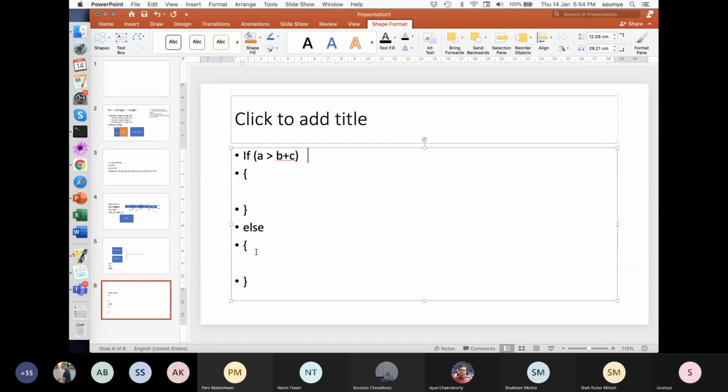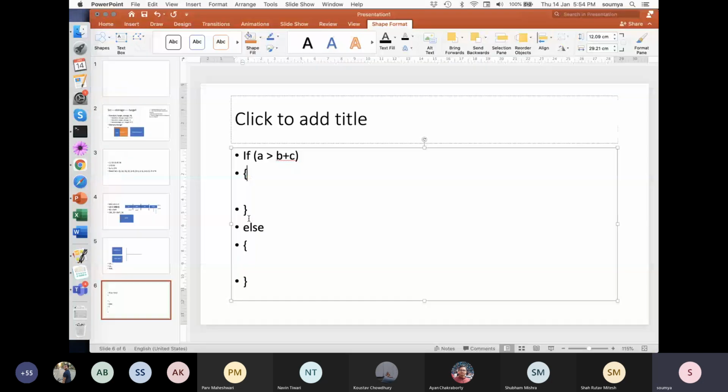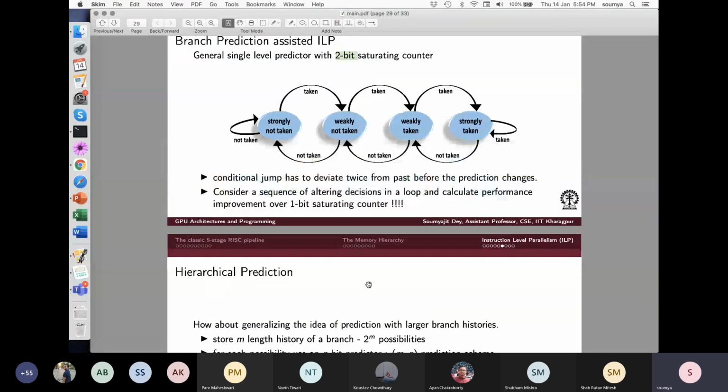Now, the 1-bit branch predictor simply means it will remember its previous decision, whether it was correct. Suppose the decision was to take the branch and it found that not taking the branch is the correct decision. So it will simply say not take the branch. So you just continue the execution as is, right? So that's a 1-bit branch predictor. Similar to a 2-bit branch predictor and so on.